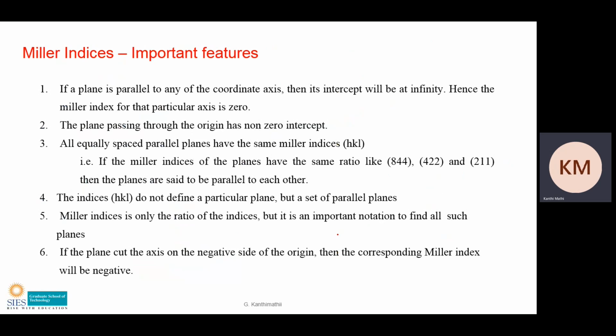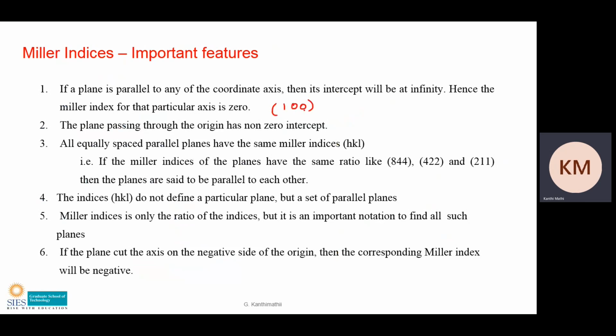Now let's see what are all the important features of Miller indices. The first point, which is already known to you: if a plane is parallel to any one of the coordinate axes, the intercept is set at infinity. Hence the Miller index for that particular axis is 0. For example, we had seen cases like this where